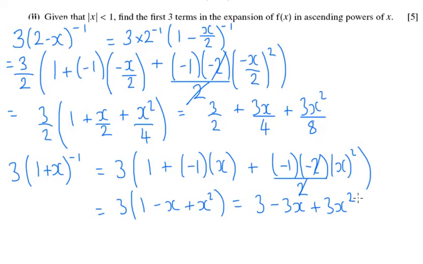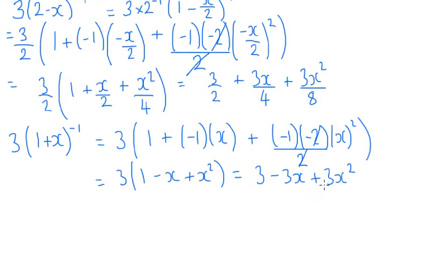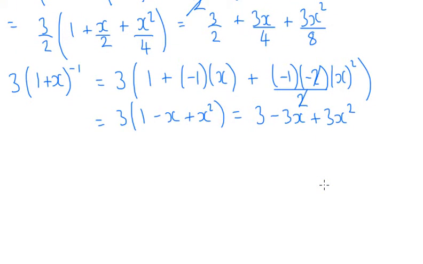And the last one that we need to deal with, if we go back to the top, is the 1 over 1 plus x squared. And 1 over 1 plus x squared is the same as 1 plus x squared to the minus 2. This one we're only going to need to do the first 2 terms because the third term will be an x squared squared term, which will be an x to the 4. So we actually only need the first 2 terms here, which is going to be 1 plus minus 2 times x